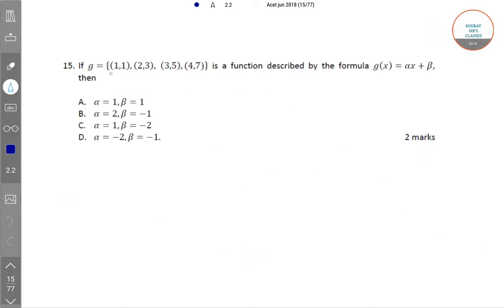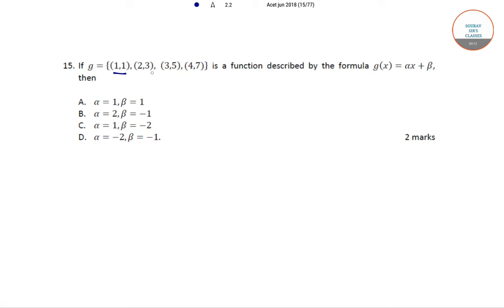The next question, if g is equal to {(1,1), (2,3), (3,5), (4,7)} is a function described by the formula g(x) is equal to alpha x plus beta, then we need to find the values of alpha and beta. So now these ordered pairs are in the form (x, y) and let g(x) be y. Now in fact g(x) is y. So we get alpha plus beta is equal to 1 by taking this pair. Now using this pair (2, 3) we get